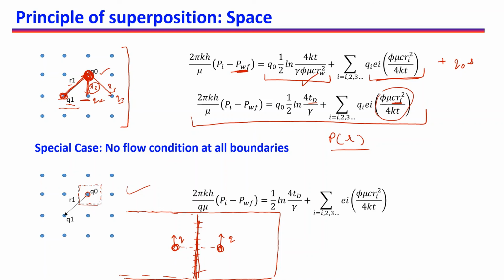So now if we want to predict pressure at this zeroth well, then we can again use superposition of this well and this well. This is, let's say, well 1. To now find out the pressure, we can use this pressure drop, which is the pressure at well 0 and the pressure drop because of the other wells, and all the wells are producing at a flow rate Q. So using this we can mimic a no flow boundary condition in an infinitely acting reservoir.